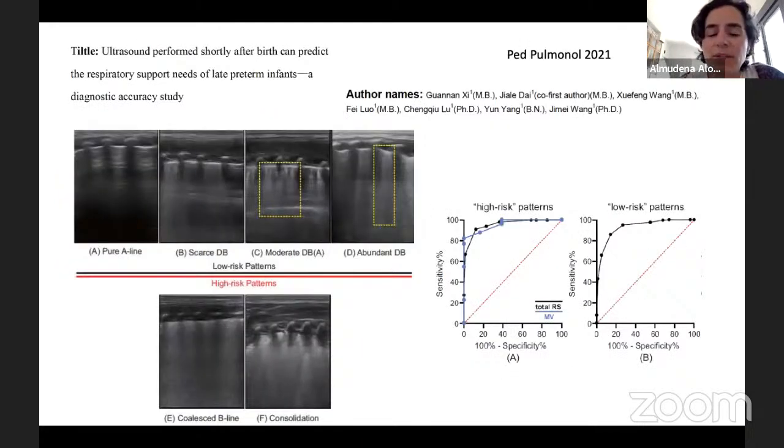However, this study published a few years ago by a Chinese group performed it a bit differently. They divided the pattern shown in the lungs of the infants according to a classification they created of low-risk patterns or high-risk patterns. Low risk included A pattern or B pattern with more separation or reduced separation of B lines, compared to a group of high-risk patterns in which they included coalescent B lines or white-out lung, or